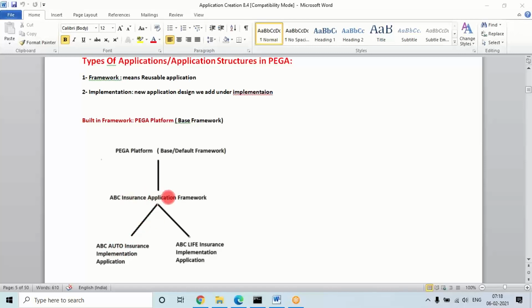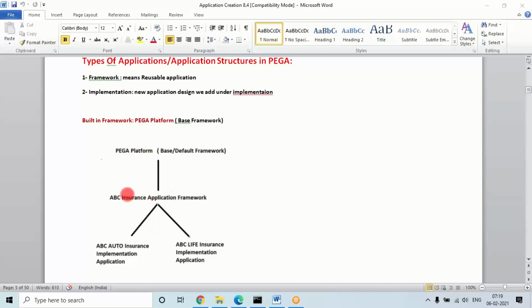First they will create one user-defined framework, and under that they can add one or more. In the future, with this structure, they can add multiple implementation applications for the same organization. Otherwise, under the default framework, only one implementation per organization can be defined.